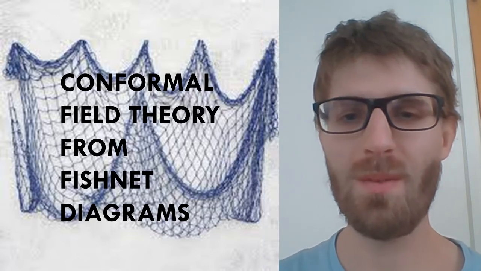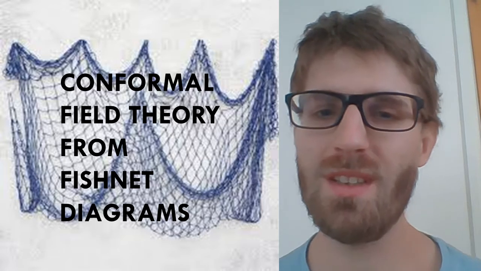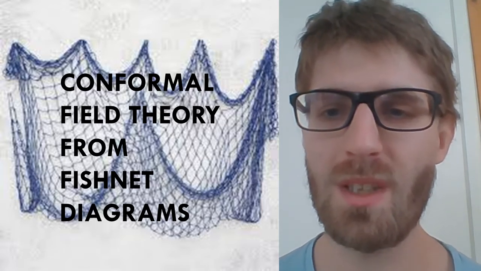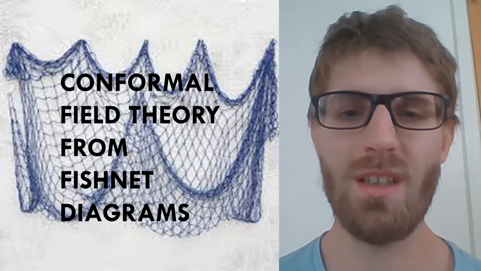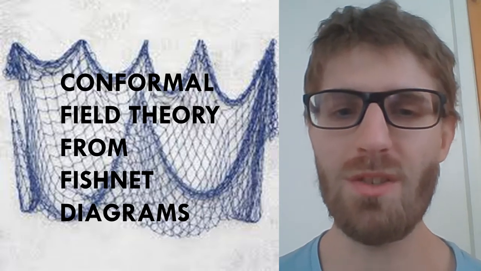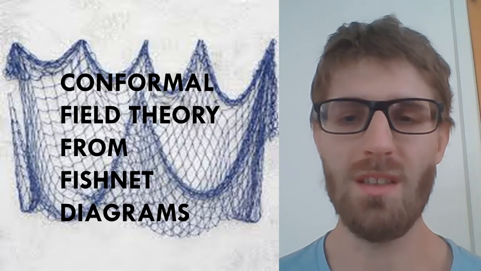Hi everyone. In this talk, I will discuss the so-called Fishnet theory, which may be seen as a minimal model for conformal field theory in 4 dimensions. It was discovered only 5 years ago, and it is a non-supersymmetric and also non-unitary CFT defined by an extremely simple Lagrangian. It is expected that this theory can be solved exactly.